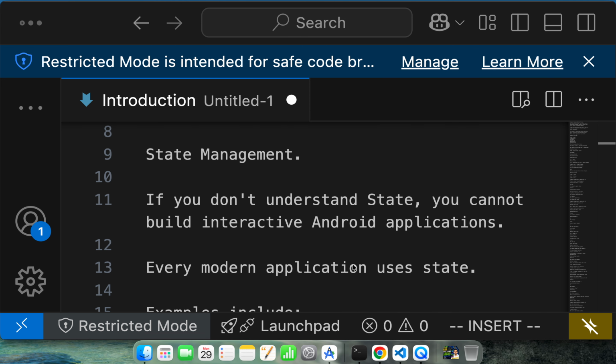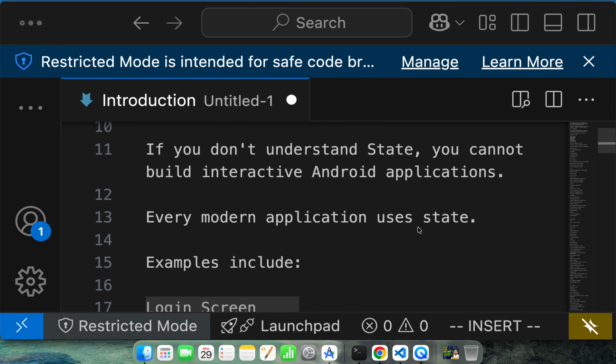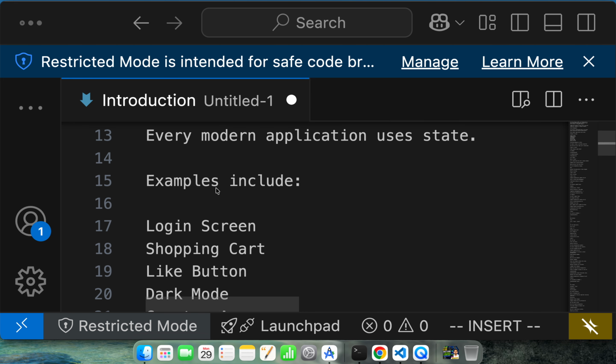If you don't understand state management or state, you cannot build an interactive Android application using Jetpack Compose. Every modern application uses state. Where we use state